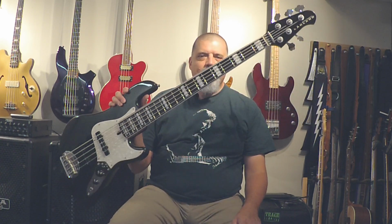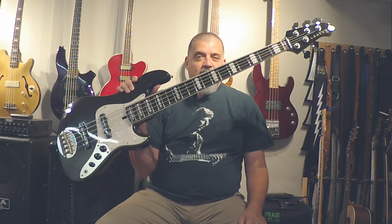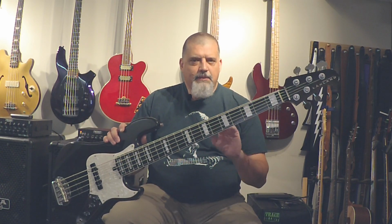But if you're looking for a great, solid, all-around 5-string jazz bass, and you like the 35-inch scale, I know some people don't like 35-inch, but if you do, you've got to get this on your list to check out. Like I said, the Skyline models, the newer ones, I think they're all swamp ash bodies with maple neck, with your choice of maple or Indian laurel. If you can find a used one like this,